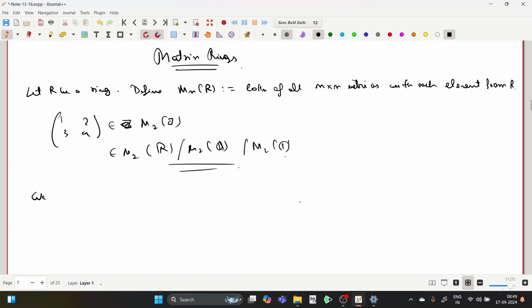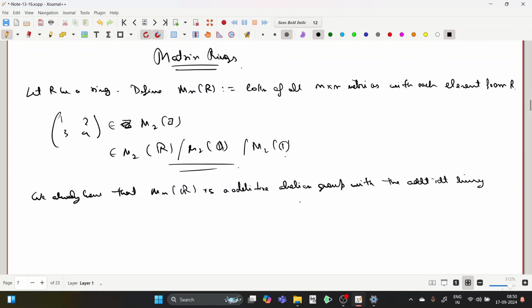See, we already know that M_n(R) is an additive abelian group. It's an additive abelian group with the additive identity being the zero matrix, that is, every entry is zero. And this is an obvious observation. Moreover,